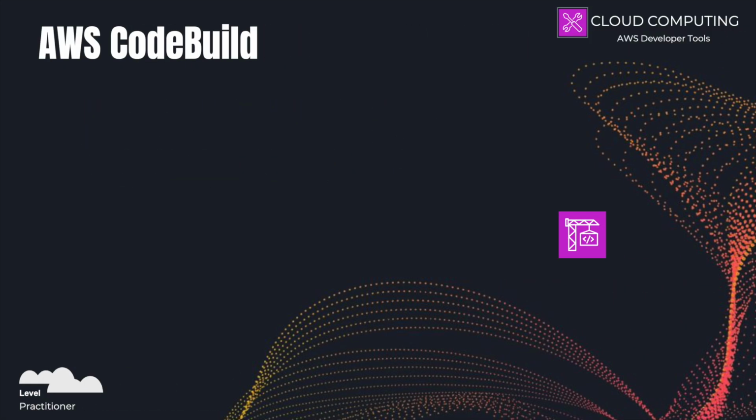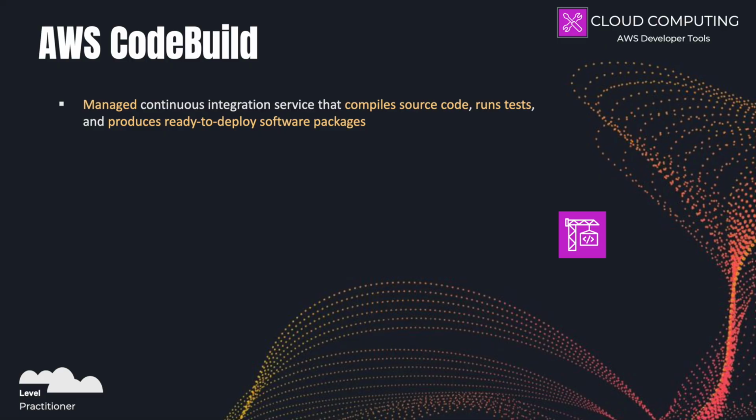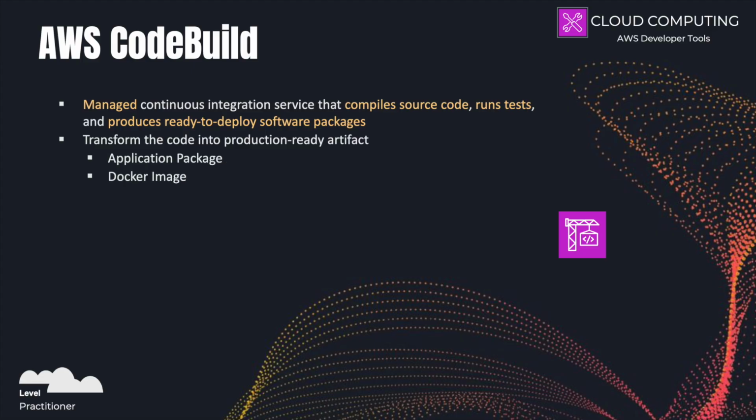Next is CodeBuild. Once your code is safely stored, the next step is usually to compile it, test it, and package it into something you can actually deploy. That's exactly where CodeBuild comes in. You define the build commands and steps, and AWS takes care of the rest by spinning up the right build environment for you. It can transform raw code into production-ready artifacts, whether that's an application package, a Docker image, or